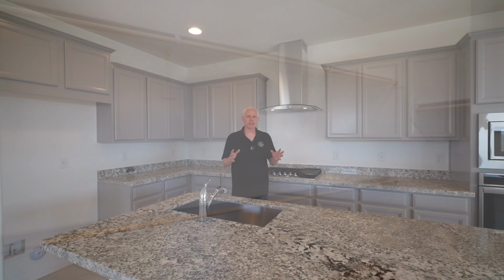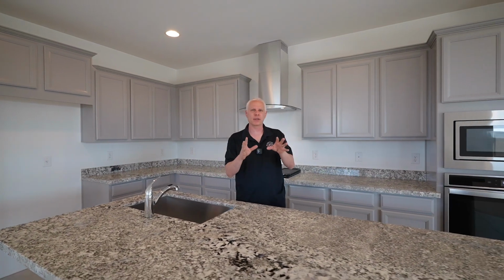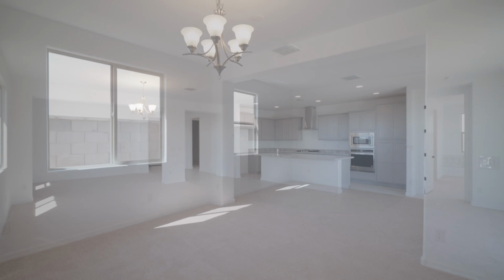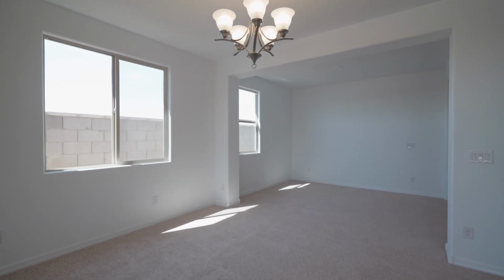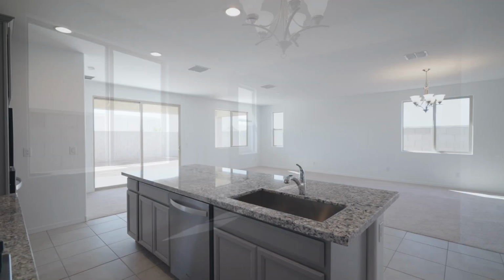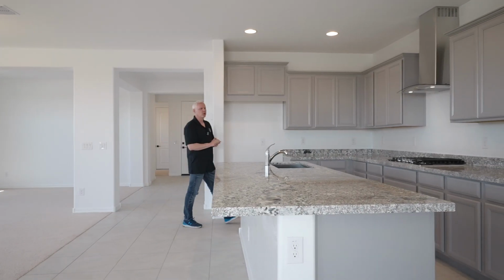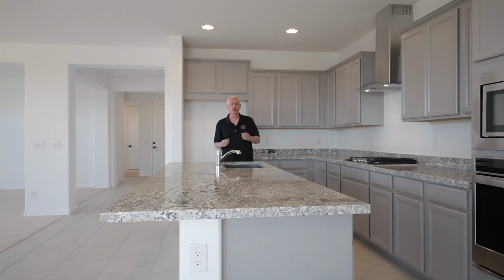We're in this beautiful kitchen. Now, before I go over this, let me go over how this one is set up. It is an open concept, so it overlooks the great room as well as the dining room. The dining room, the way it's designed with the walls, it can be set up as well to be a den. The chef's kitchen on this home is part of the over 30,000 in upgrades that were done to this